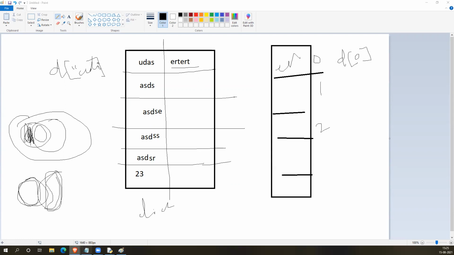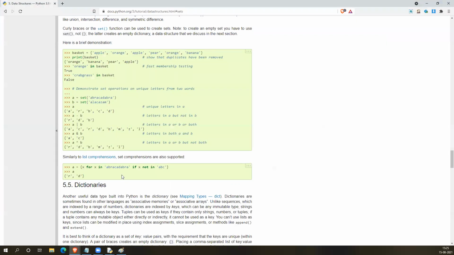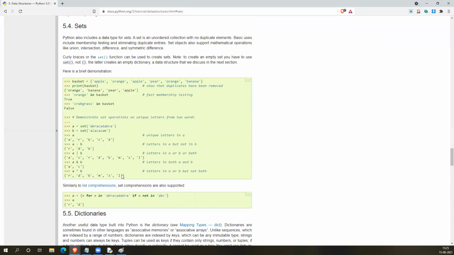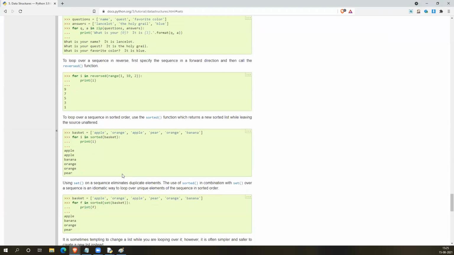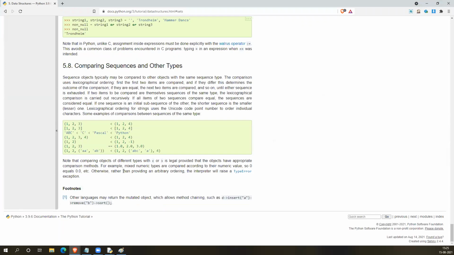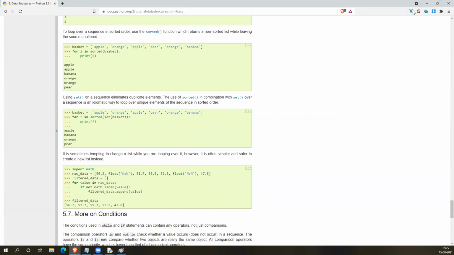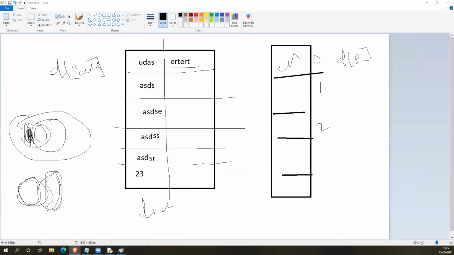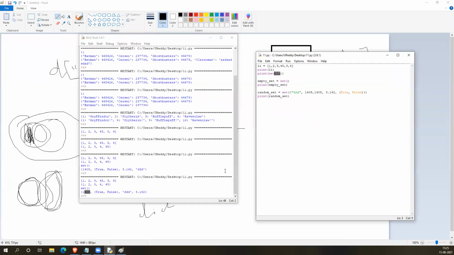Understood? So you can get more details about it from here. Here you can see the set theory operations. Yeah, you got an idea, right? The methods will be union, intersection, like that only.